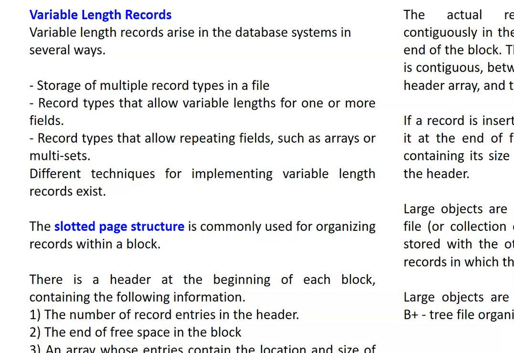Then record types that allow repeating fields like arrays, and also record types that allow variable length for one or more fields. In other words, you're going to have different lengths of fields within the same record. So we have different techniques for implementing variable length records, and the most commonly used